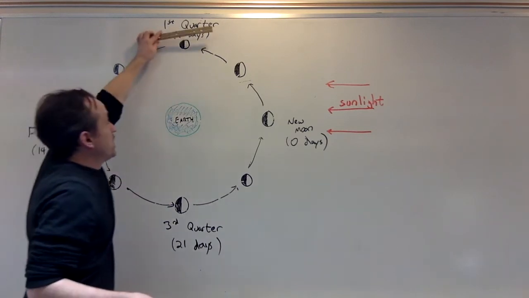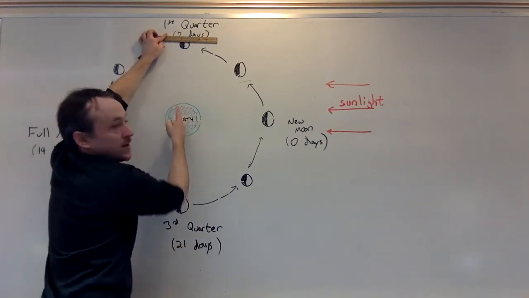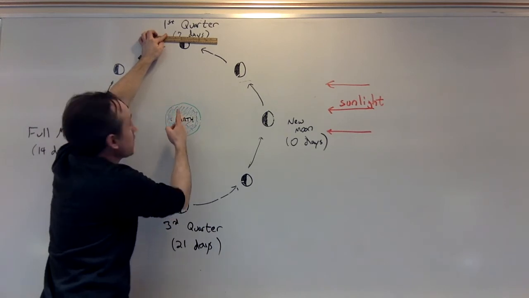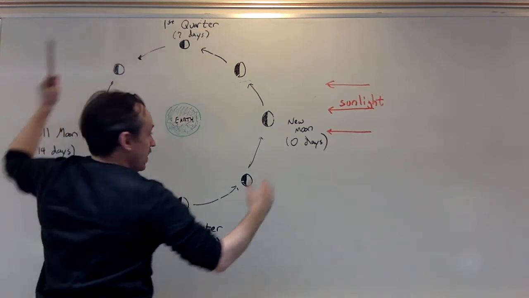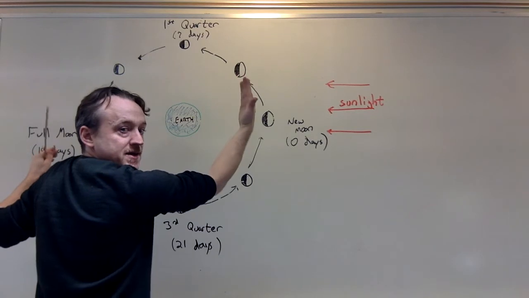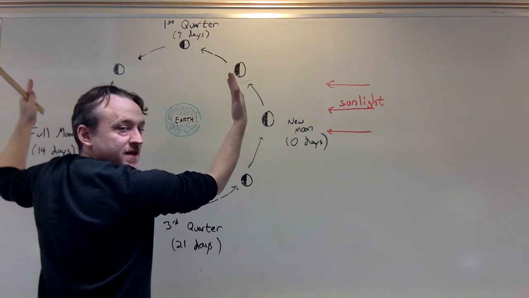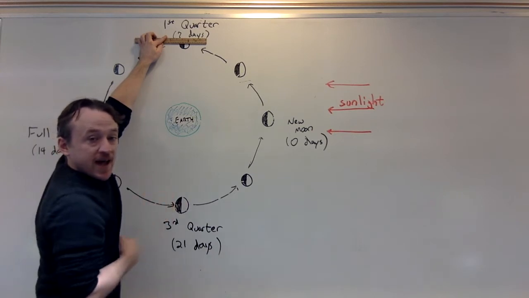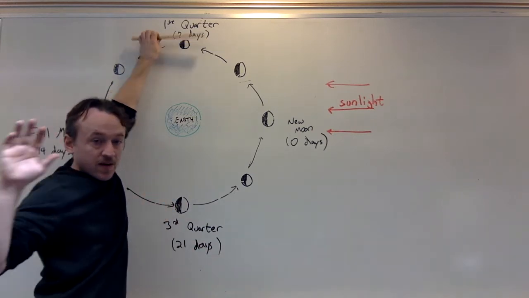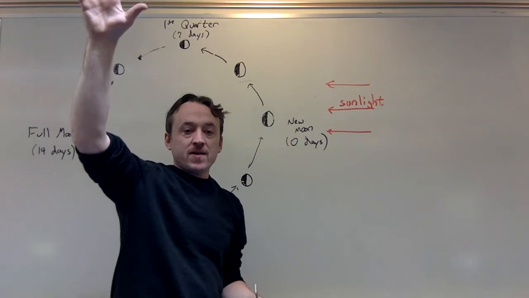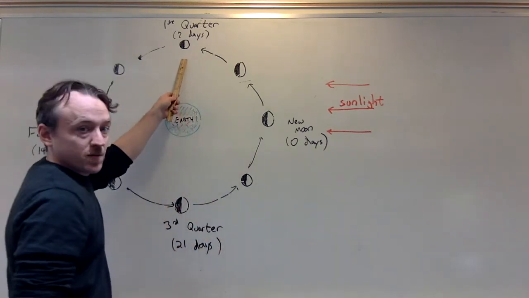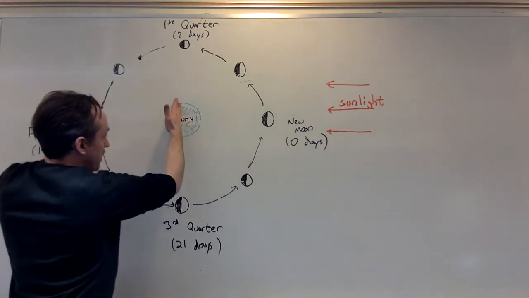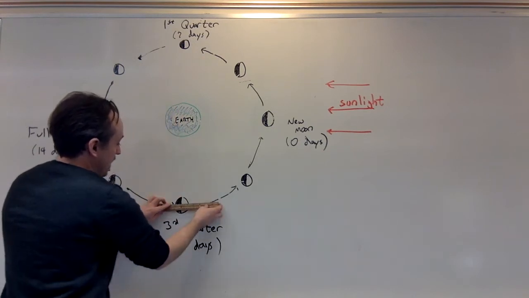One thing to look at is this line of sight. If I'm looking this way from the Earth, I'm looking towards the moon. The lit half is on my right side. The dark half is on my left side. So I know what quarter it is. If I look up at the moon and I see half the moon is lit, and I see it on the right side, I know it's the first quarter moon. If I look down here from this point of view, at the next point in the cycle,